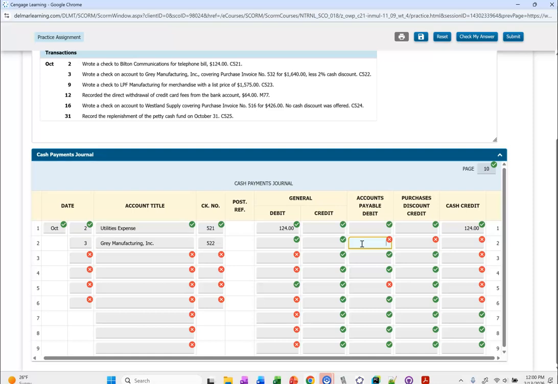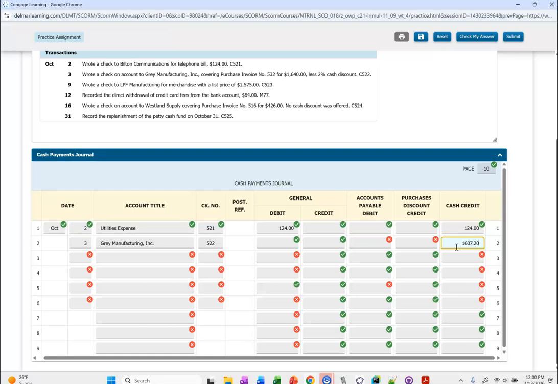Well, we didn't pay 1,640, did we? No. We paid 2% less than that. How do I type that into my calculator? I type in 1640 times 0.98, right? So that's the credit, my cash credit. 98% of 1640 was